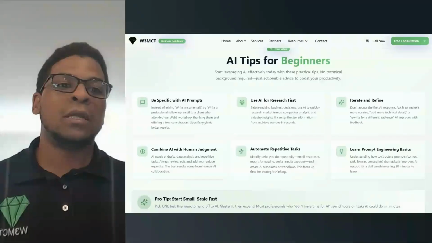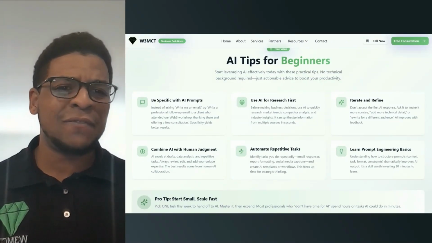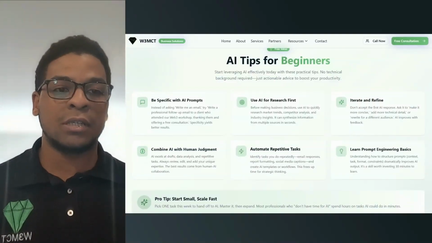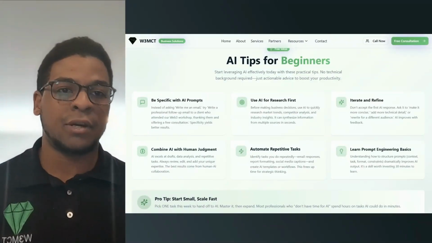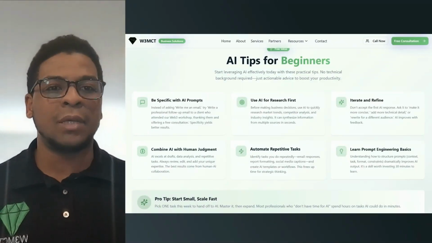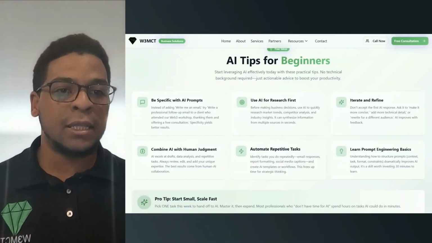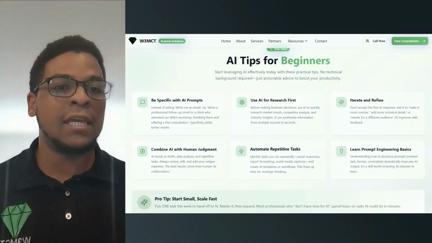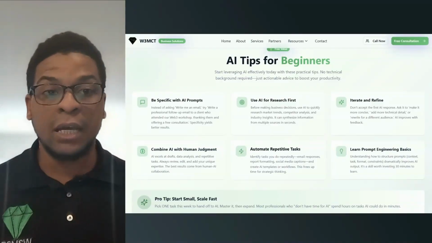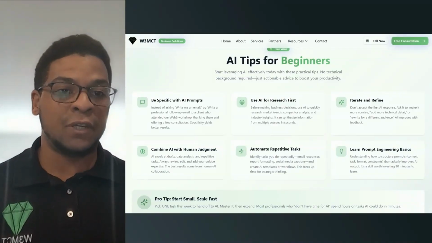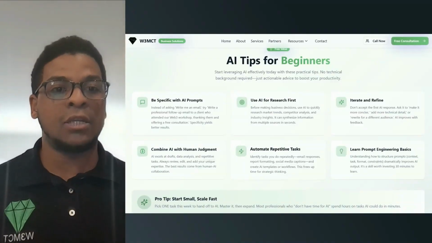And so the next thing we want to understand as beginners to AI, and even if you're an advanced AI user and you've been using it since it was released, these are all important tips to keep on a daily basis, right? Iterate and refine. So what does that mean? Iterate and refine is the process of understanding that sometimes AI may not give you the response that is maybe the best, the most concise, or aligns with your vision the most. Remember, AI is a tool that was created by humans and human intelligence.